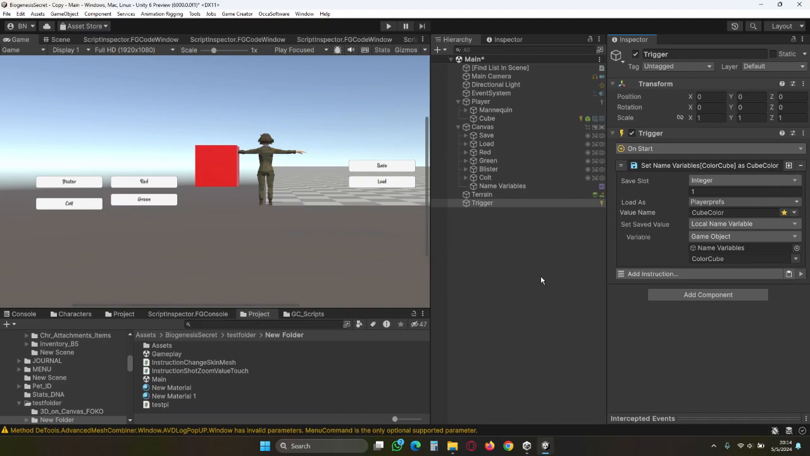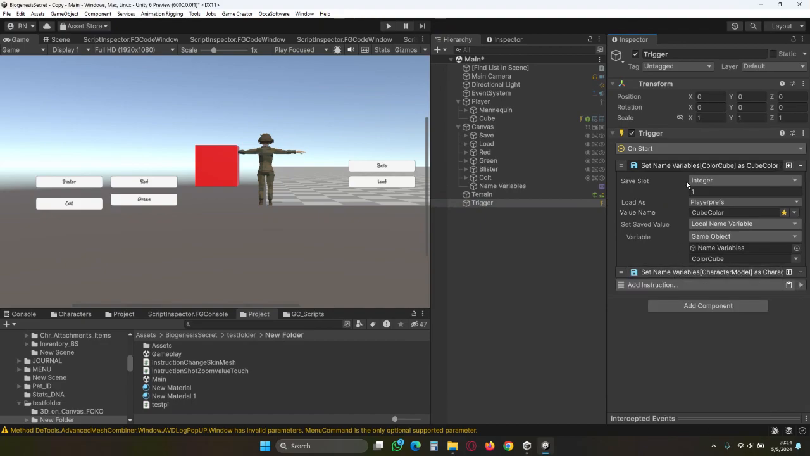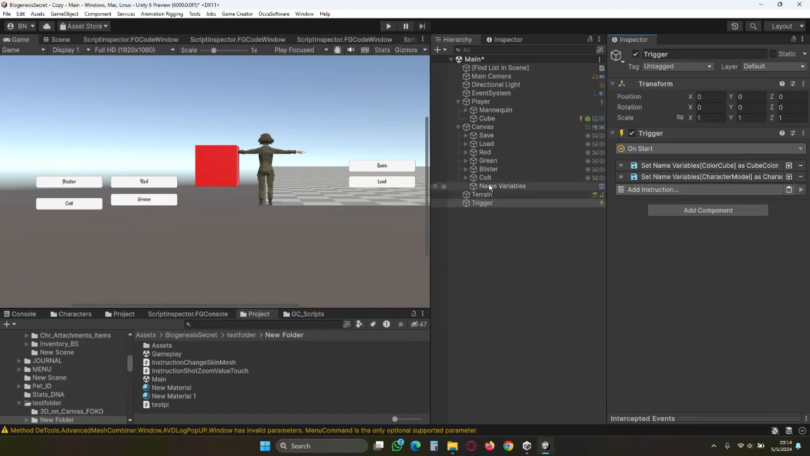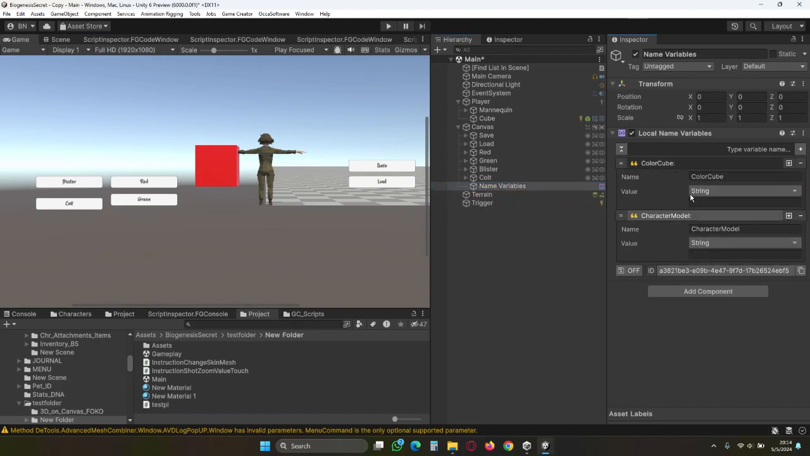Okay, so when you load in this menu scene, you want to see the color cube that is still red as you saved it, or green, and the character model the same. So you want to set that variable over there, and we're going to do another one for the character model variable, and it's going to load the character model. So whenever you load in the game, it will load some strings over here. Okay, it's going to load the color and the character model. After it's loading over here,